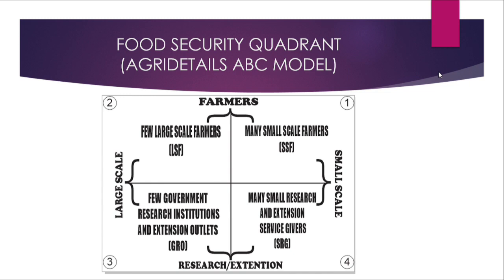Or we have few farmers that are running like 100 hectares, 200 hectares, 1,000 hectares, 6,000 hectares of land. Few of them. And the government is serious with them. They are serious with themselves. They will feed the nation. Those are what? The farming side. Now we are going to the third quadrant.